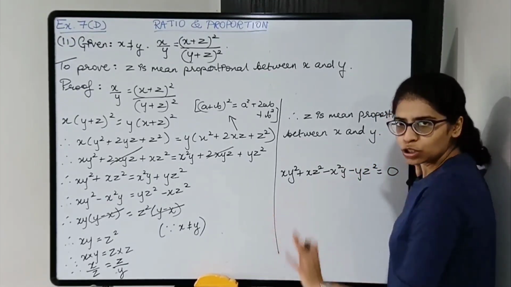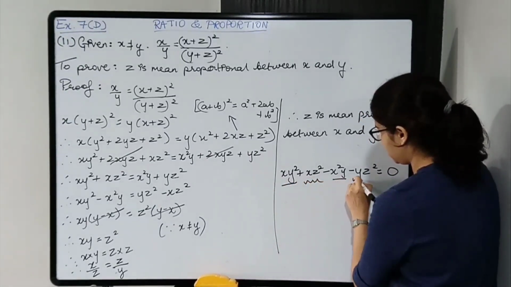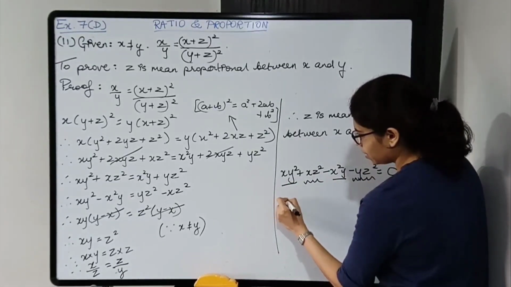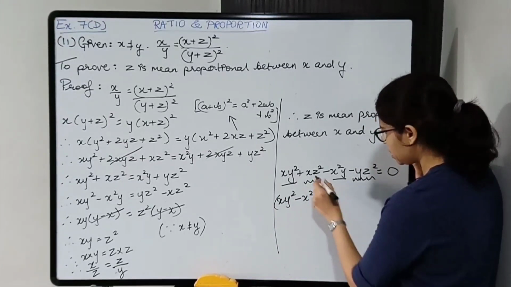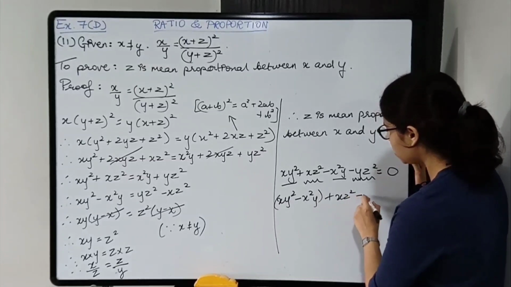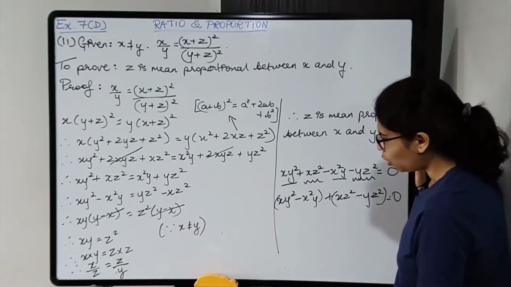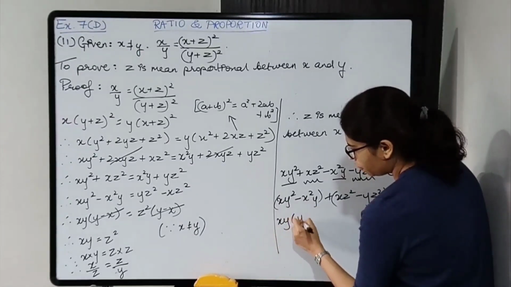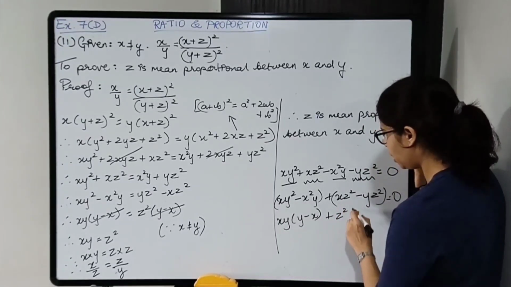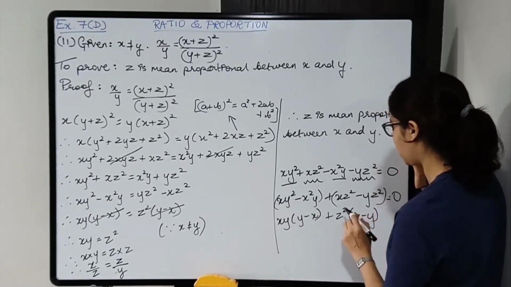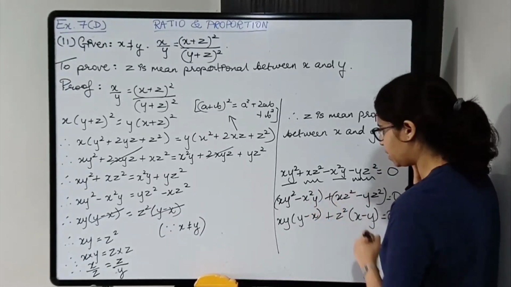Okay, now again you would group the like terms. So this and this and this and this. So you would get xy² minus x²y, okay, plus xz² minus yz². So in case you are following this method, okay, you will get like this. Now xy common लेते हैं, you are left with y minus x in the brackets. Over here you will take z² common, you are left with x minus y in the brackets. ठीक है, so yeah, you are left with x minus y.